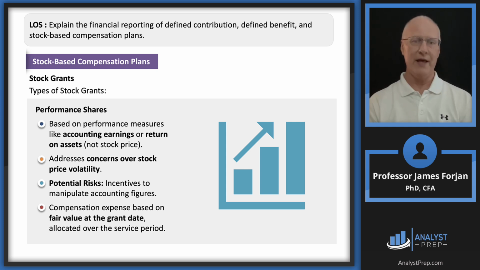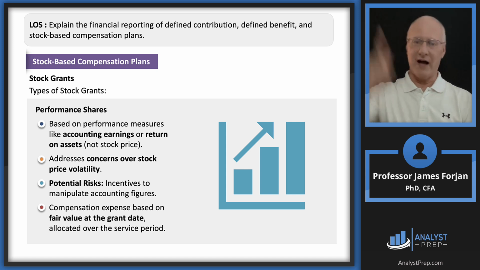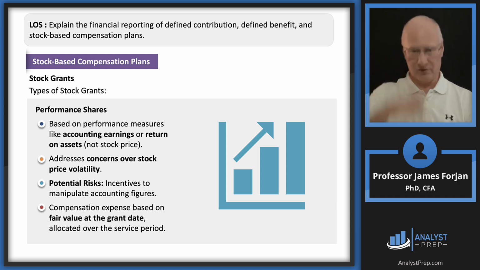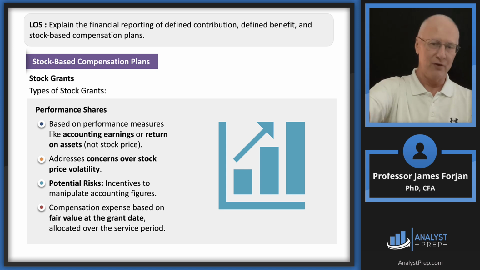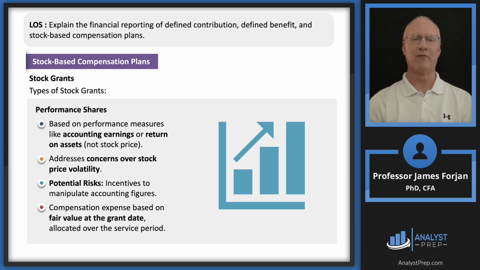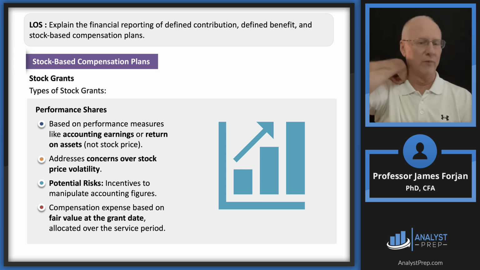And what this does then is it removes, and this is the good exam question here, it removes the volatility in stock price, right? If you have this share of stock that goes up and down and up and down, then your stock grant goes up and down and up and down. But if we say, you know what, Jim, here's a share of stock, but we'll let you have it after you've met these kinds of performance measurements, if you meet some of these other kinds of conditions, and those conditions can be almost anything that the firm decides.